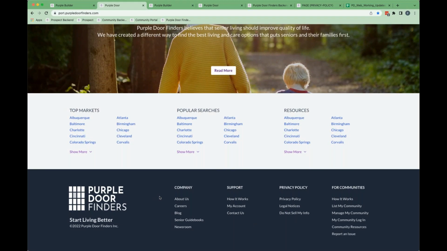That has to go by an attorney. We've got it in our legal place, but it needs to be approved before we put it up. We can test putting it up, it's just not going to be the final copy. But about us, careers, that kind of stuff, I need to give you layouts for. Again, we approved the copy, Christina and I, we went through it. It's just a matter of giving you a layout.